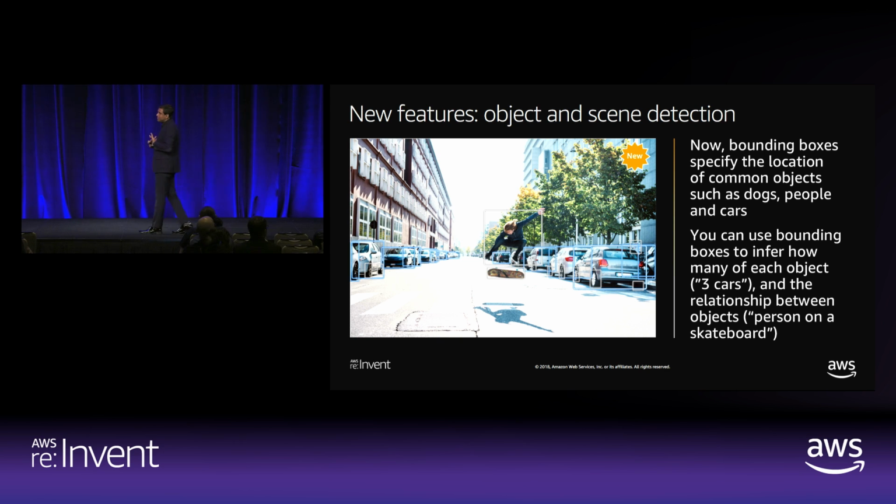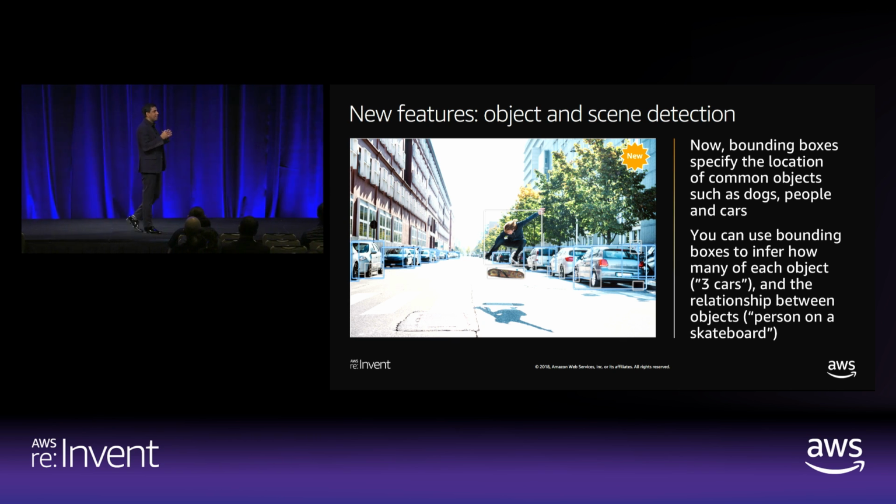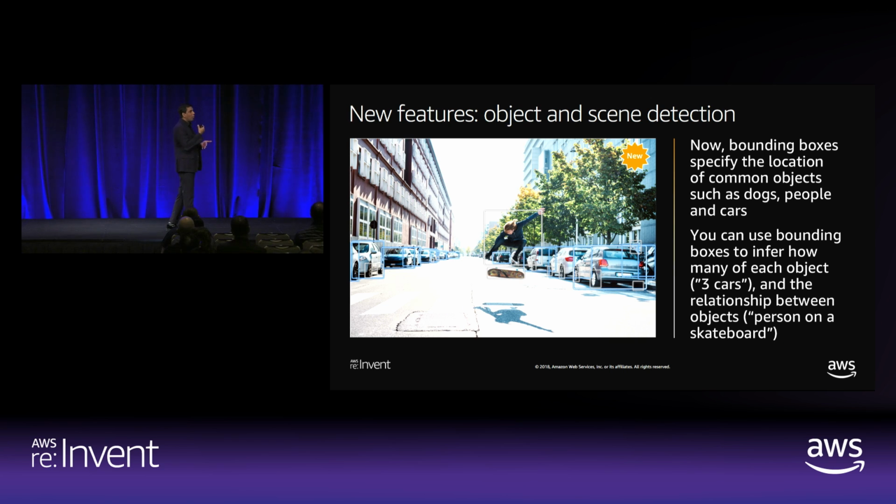Helps you with product placement, because typically what a lot of a customer tells us, I need to insert an ad, insert a text, insert something else on this image, and you don't want to overlay it on top of a person's face. So now you know where the person is. You could overlay the ad where there's a lot of empty spaces, right? So things like this could be done because now we are able to provide you localization of these objects in an image. Super excited about this.